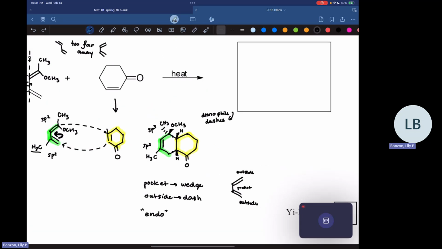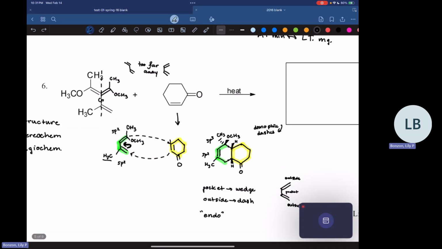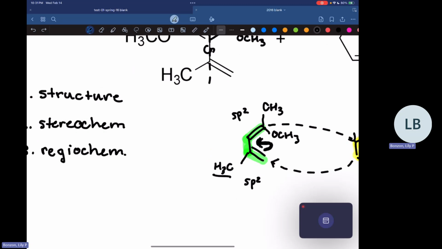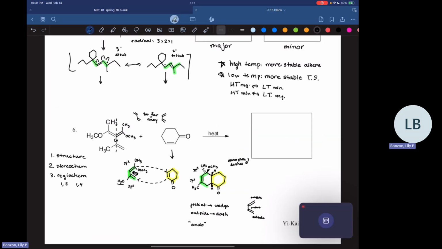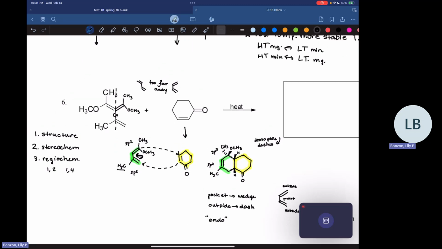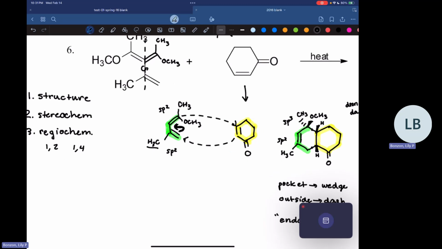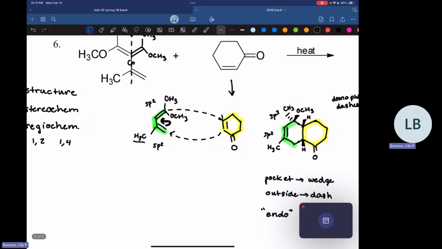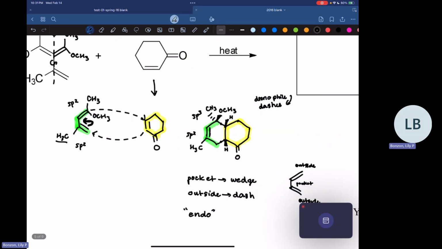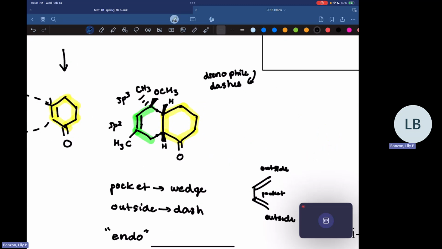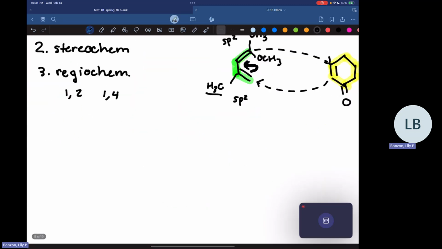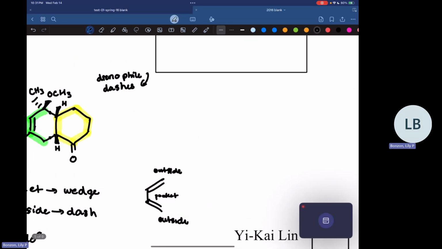All right, so we've got our stereochemistry, and the last thing we need to worry about is regiochemistry. This is what's called the 1-2-1-4 rule. This is just how the electrons get pushed around in the Diels-Alder reaction, which is specific to where the electron donating groups and withdrawing groups are in relation to each other on the ring. So for this 1-2-1-4 rule, I'll put it over here,